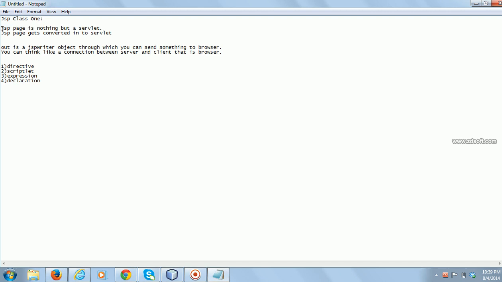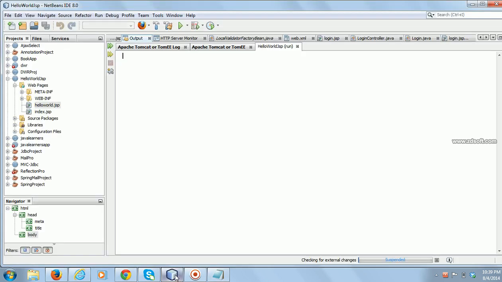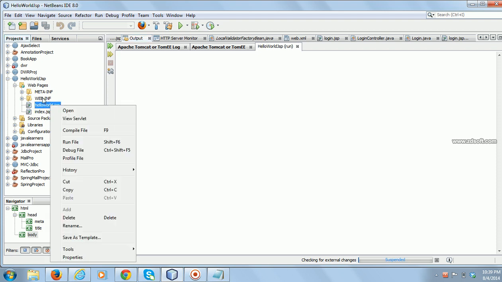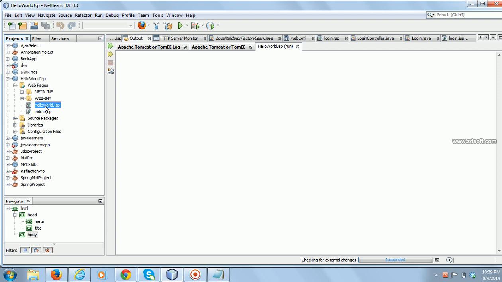The container will convert the JSP page into a servlet. Now we can see the servlet for the JSP page. In NetBeans, it is very easy to see that Java file. This JSP page will be converted by the container into a servlet .java file.